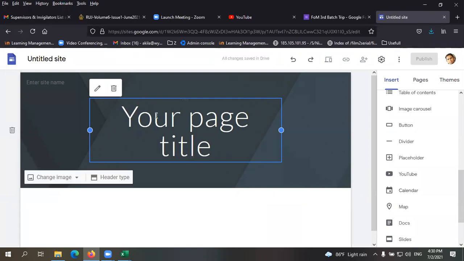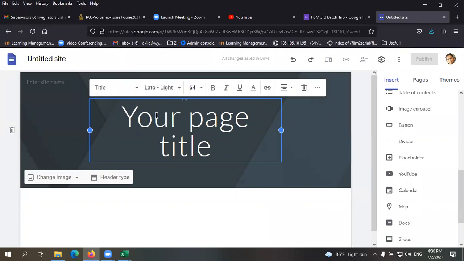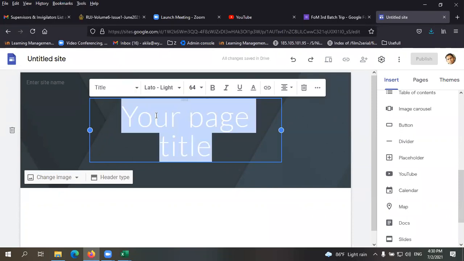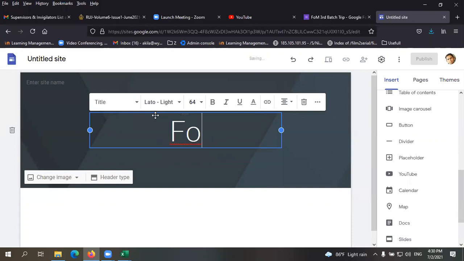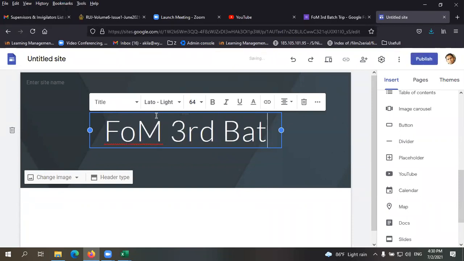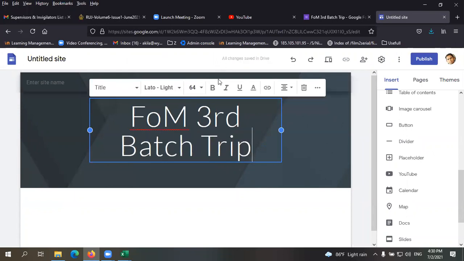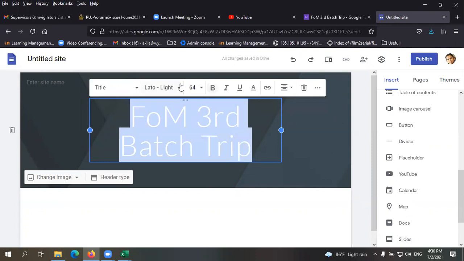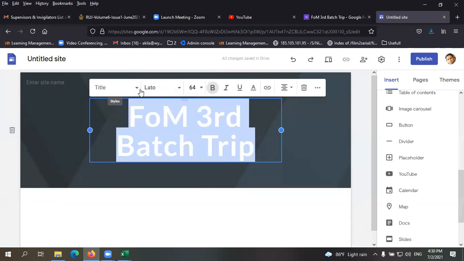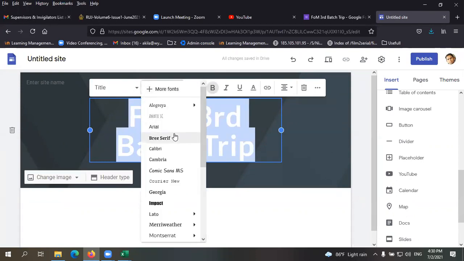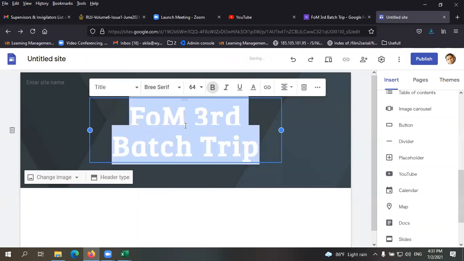Okay, so this is the title of your web page. So you can type a title. Again, you can format the title, select the font.